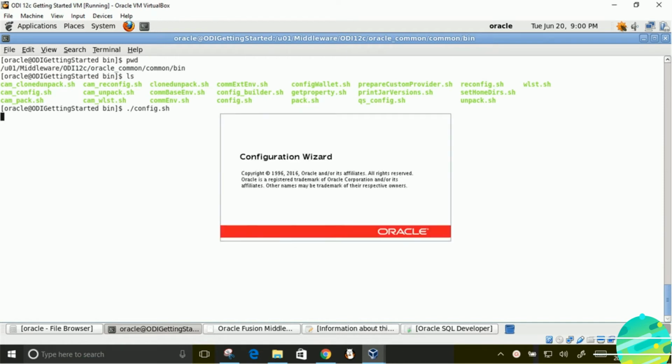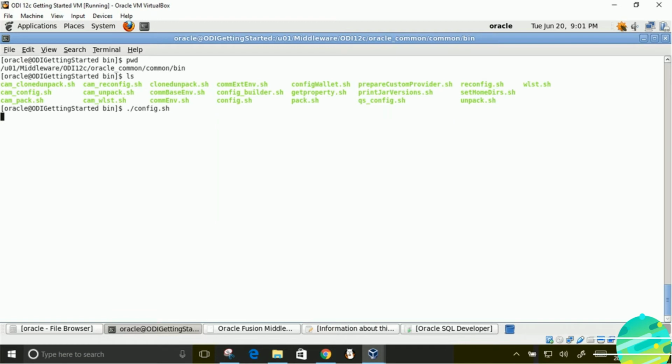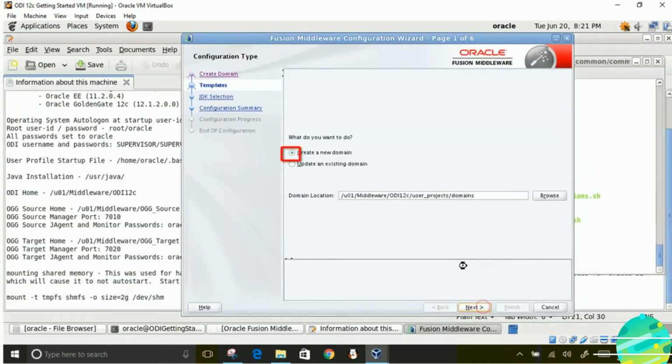Yep, right there, configuration wizard. Wait for few minutes. Here you go. Configuration wizard has opened.